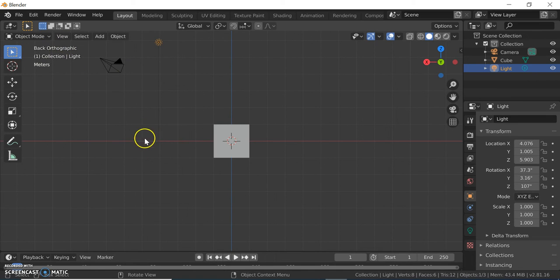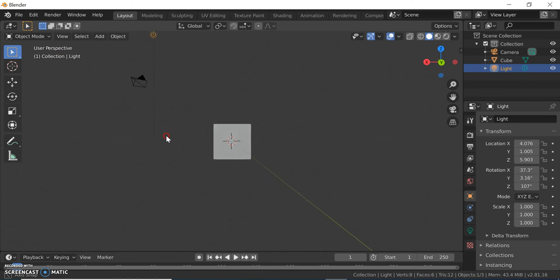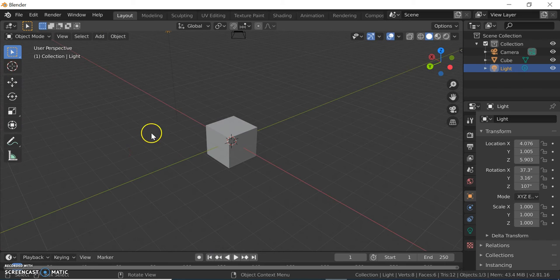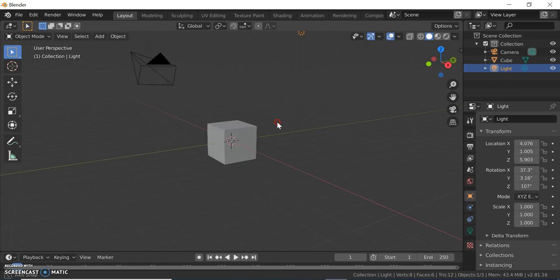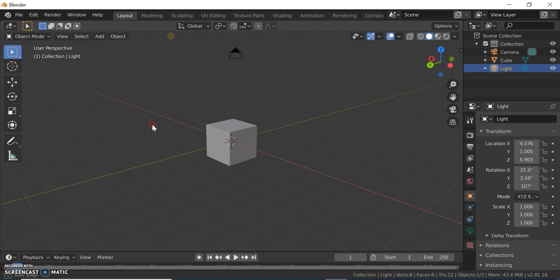Or you can simply press the middle mouse button and then drag to anywhere. Alright, so it automatically moves. Alright, and you can see this one is a user perspective. Okay, so other than that,